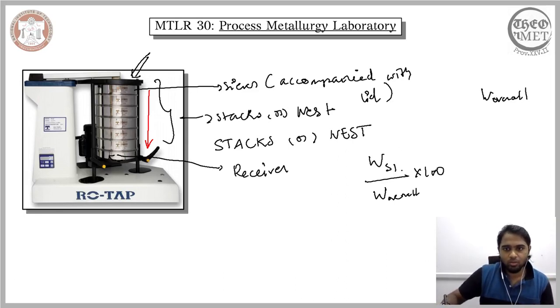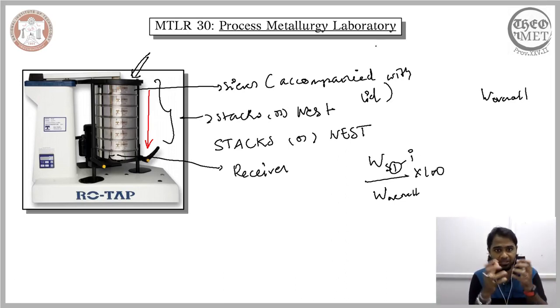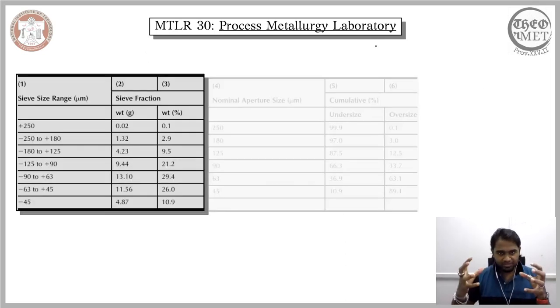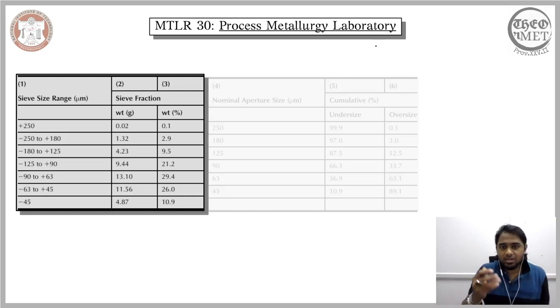So this I can go on doing for different sieves, and measuring it for different sieves. I can measure the weight of the fragments that are locked in by the different sieves, and then calculate the percentage of the weight that is associated with each of these sieves. And this is how I represent what is being estimated in the sieve analysis. So the way to represent the results that we get from sieve analysis is often done in this way, where there are two ways of doing that.